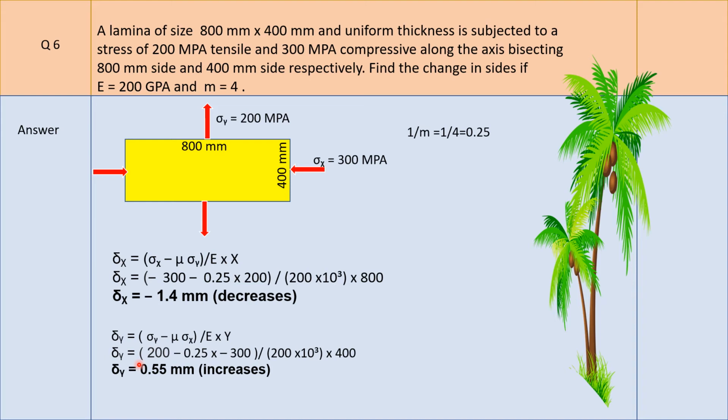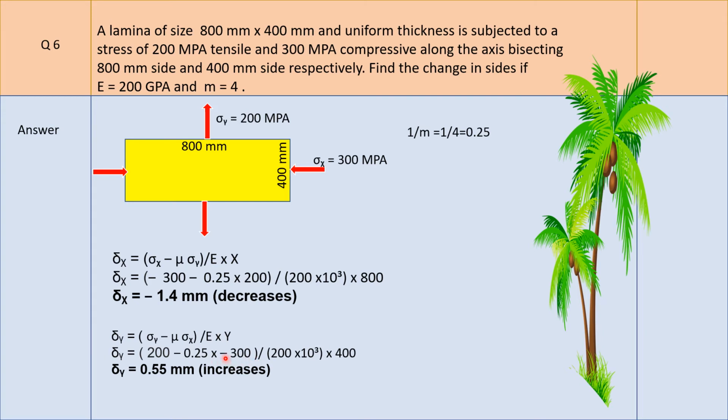Bracket open, 200 minus 0.25 into minus 300 bracket close divided by bracket open 200 exponential 3 bracket close into 400 is equal to. Now here you will get a positive answer, and it is 0.55 mm. Positive means there is an increase in the length in the y direction by 0.55 mm, and in the bracket write down increases. Here what is very important is, while substituting a value of sigma x, you have to take